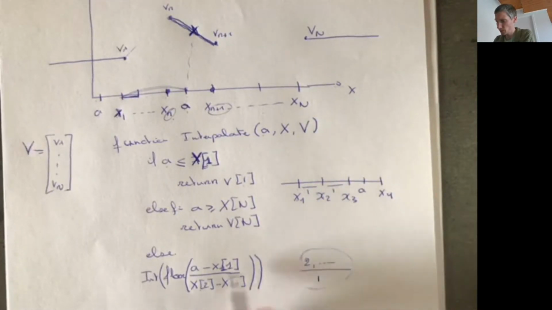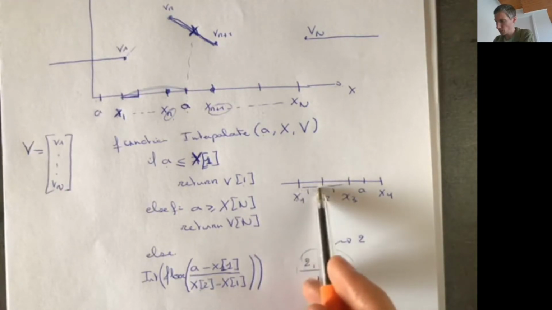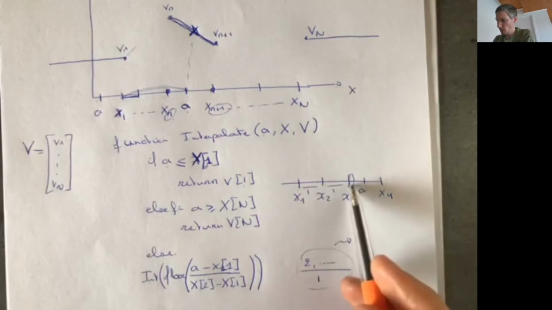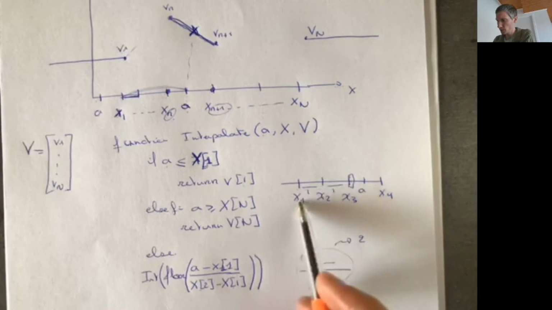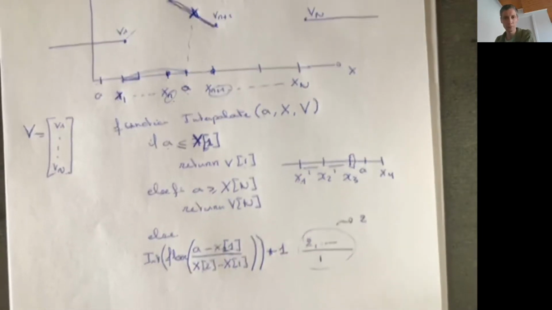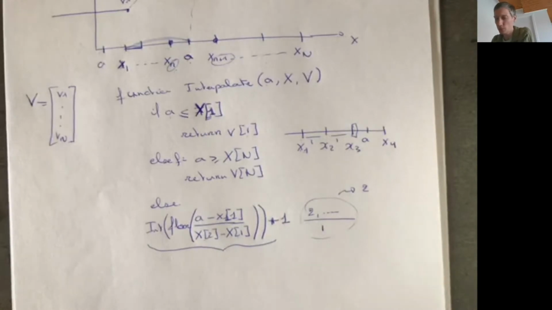So the floor of this is going to give me 2. 1, 2, I'm going to be at this value. However, because I don't start counting from 0 but from 1, I have to add 1 to it. It's a bit of a complicated expression, but